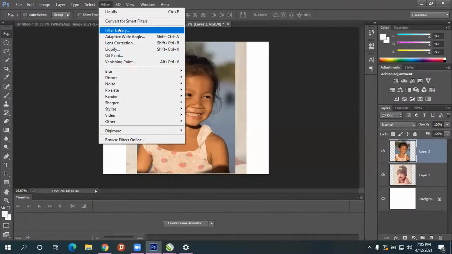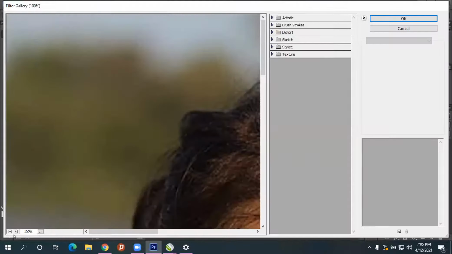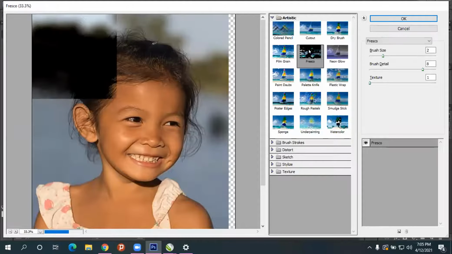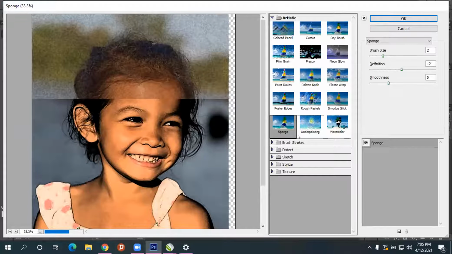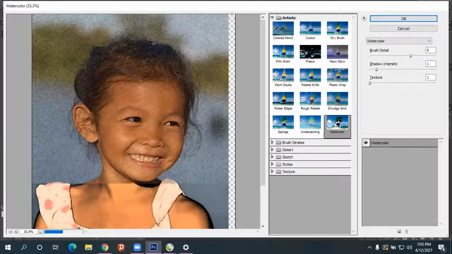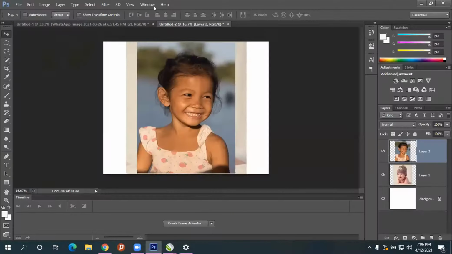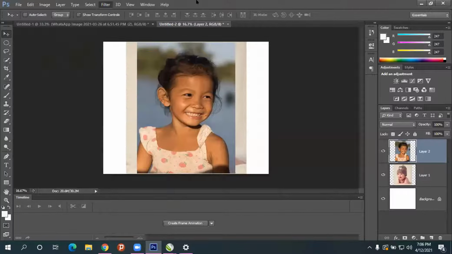So got it. Whichever effect we apply, we also have some artistic effects, and some others like sponge and watercolor. You can decrease or increase and check how it looks good. But other than this, you'll have oil paint. In the filter menu, you'll directly see the Oil Paint effect, and give OK.